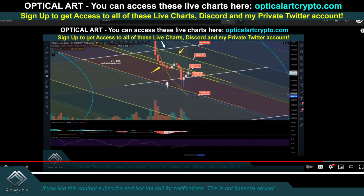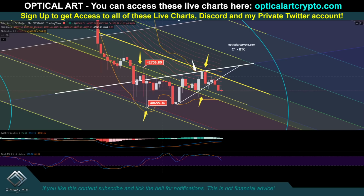So I told you your resistance was 42,700. If we cannot get above that, your next support's around 40,500, this line down here. And you can see that's exactly what happened. We topped out. We cannot get above this point, 42,700. You can see we came down and found support on this line at 40,689. We dropped a little below. Again, guys, there's an angle depending on when you make contact, depending on the price, but we found support there and